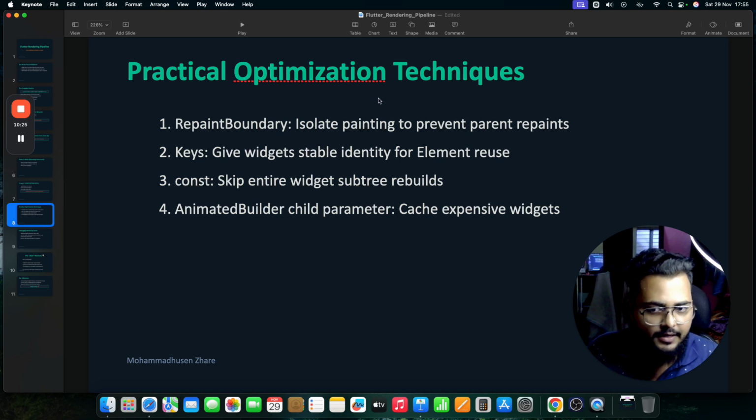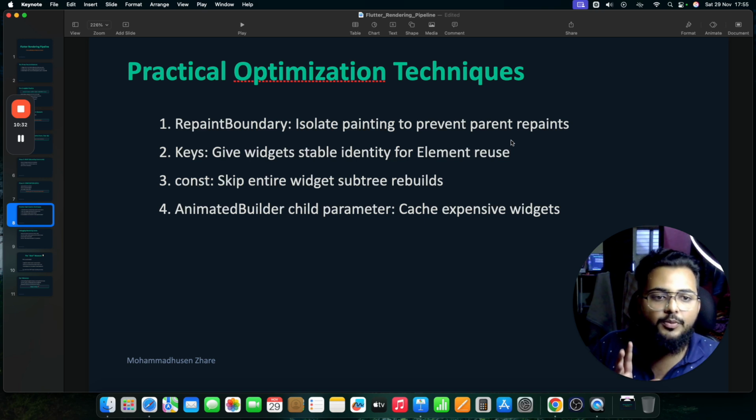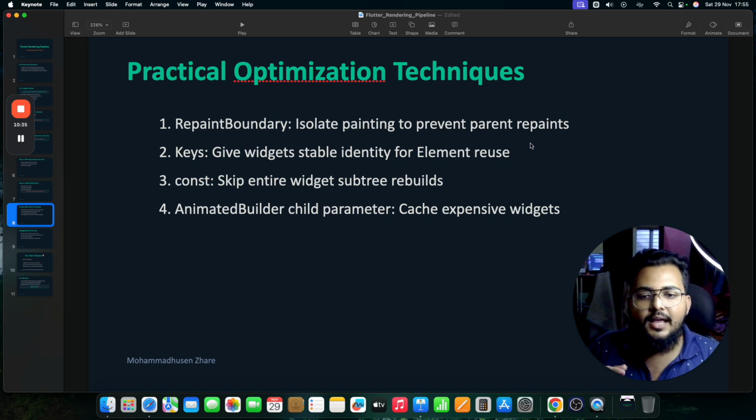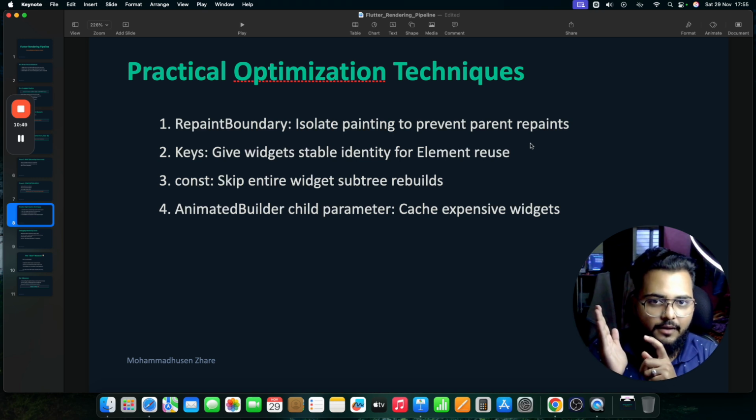What all optimization techniques can we use? Use RepaintBoundary to isolate painting to prevent parent repaints. A repaint boundary is useful where, let's say, you are using a circular progress indicator, or else you have seen Instagram's recording screen, whenever you start recording a reel on your camera, you'll see a progress bar indicator that keeps filling up as the video recording continues.